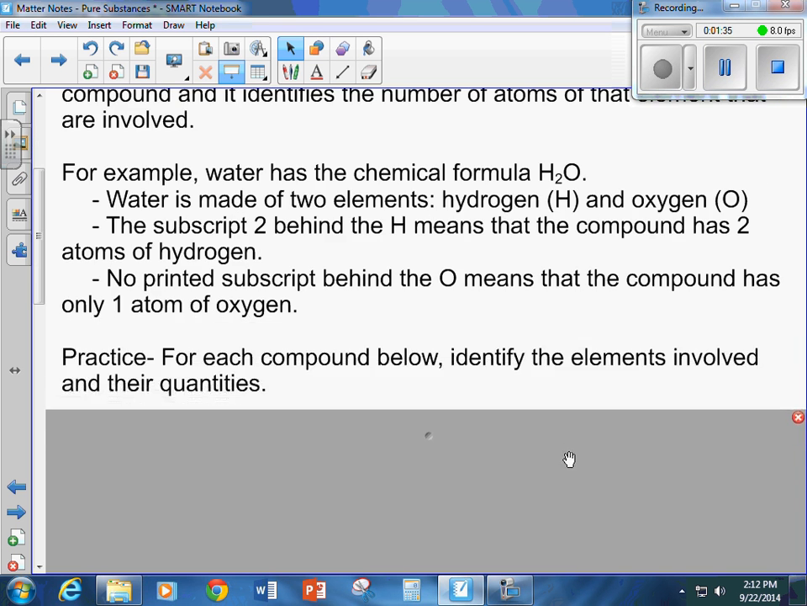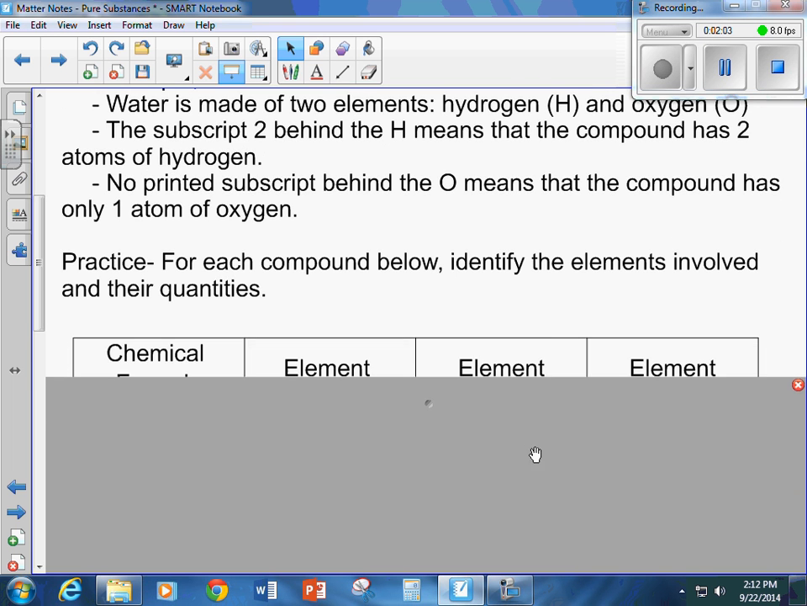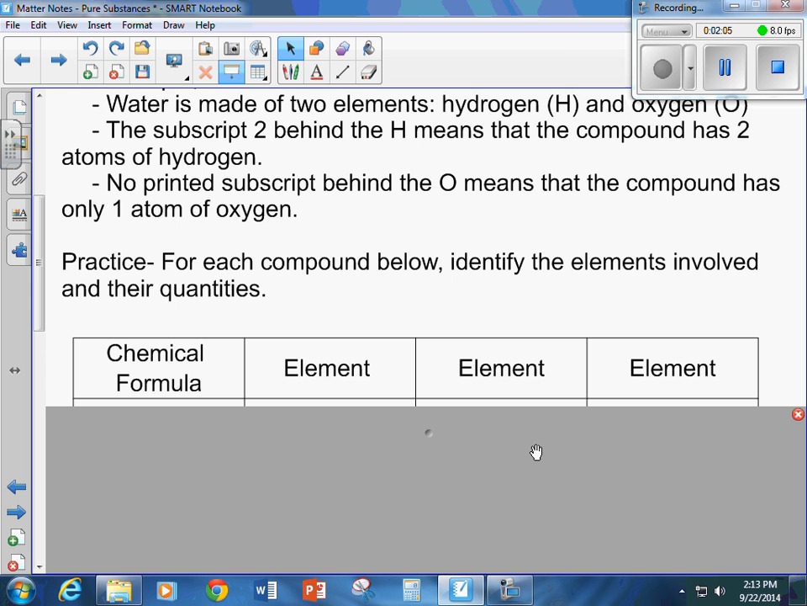So we are going to practice right now identifying the elements involved in the compound and their quantities. Please make sure that you pause the video when you get to the question and work through it on your own. In this case, you want to jot down the chart, fill in the missing information, and then play to double check your work. So for this one here, our question is,